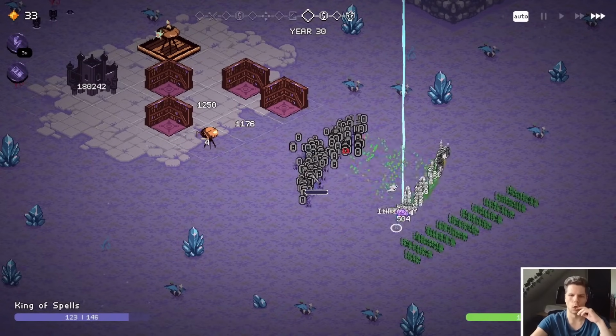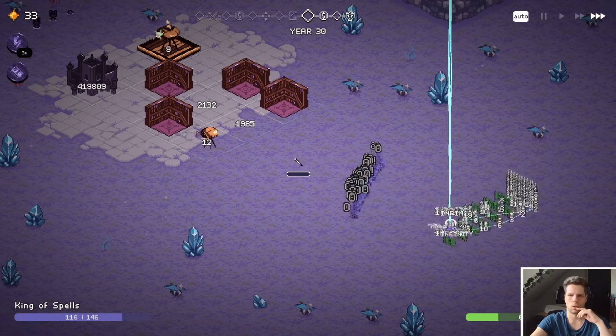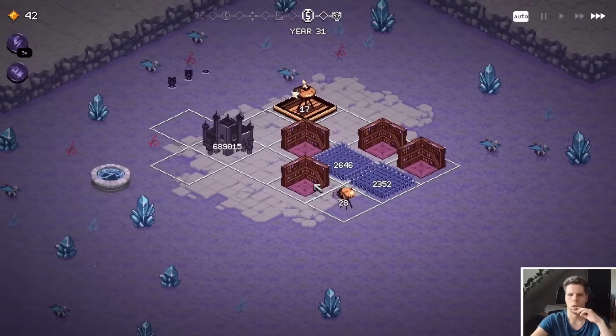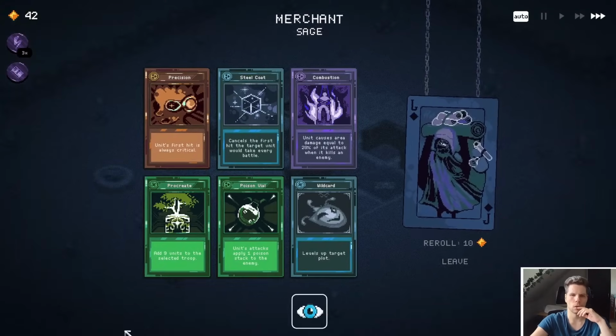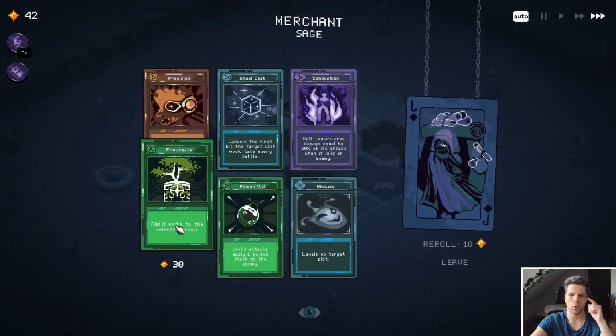Or is the boss too hard, guys? I don't know. I don't think so. We are not even losing 50 units here out of our 150. So looks giga easy. More procreate is good. So what is here now the best? So one procreate gives me